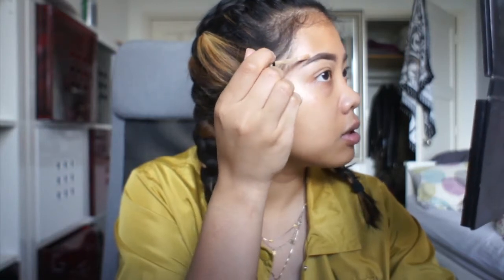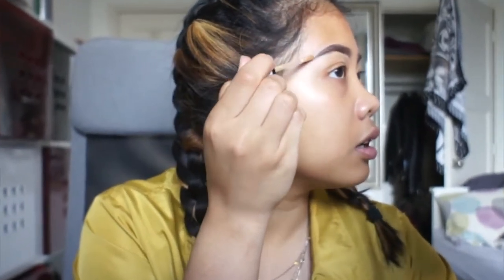Honestly, if you see me on the streets and you notice that my eyebrows are not even, mind your business, because it's always been uneven. One time I went to a Benefit brow place. I think I was with my mom, and the lady was like, "Hey, have you been doing your eyebrows yourself?" I thought she was just being nice, but she was like, "Oh yeah, I can tell because they're a bit uneven. Do you want me to fix it for you?" And I was just like,